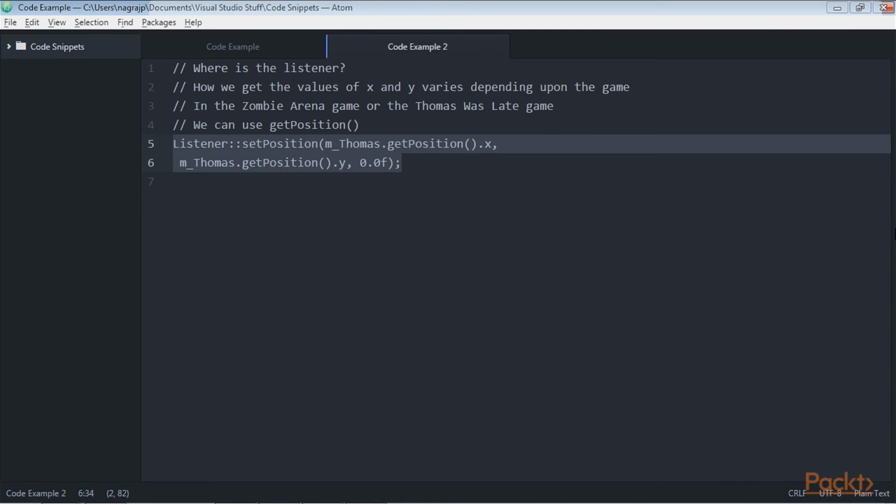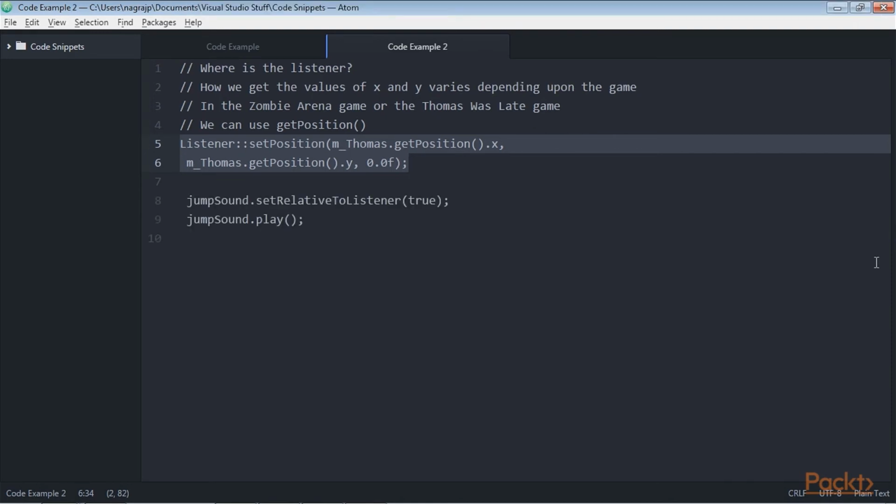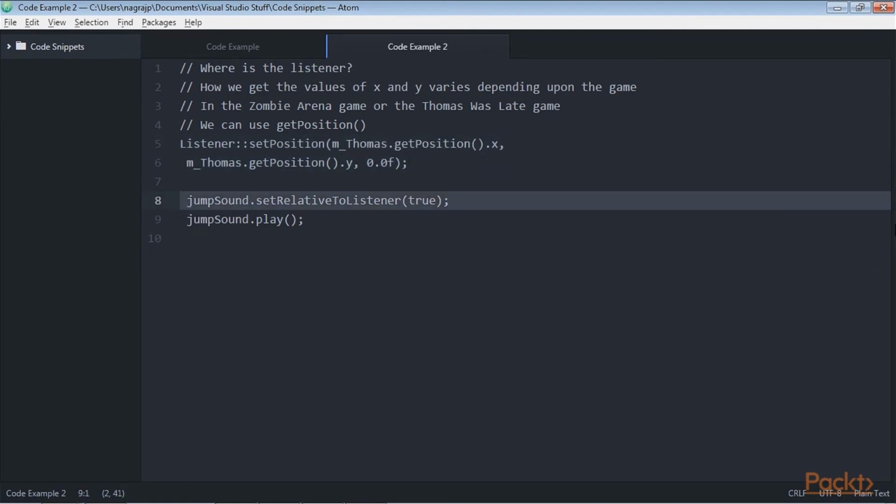We could start handling an emitter for the location of the player. Whenever we want to play a normal sound, we simply call setRelativeToListener, as I've shown here, and then play the sound in the exact same way we have done so far. Here is how we might play a normal, unspatialized jump sound effect. All we need to do is call Listener::setPosition again before we play any spatialized sounds. We now have a wide repertoire of SFML sound functions, and we're ready to make some spatialized noise for real.